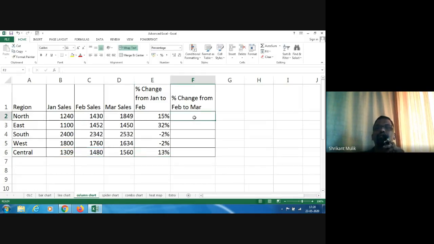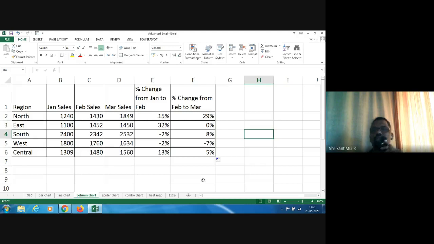Now you want to do the same thing here, from the March cells minus Feb cells divided by Feb cells. Should I type the formula here again? No, you don't need to do that. You can always drag this, right? And obviously after dragging, I would like to verify it. So again, I press F2. I see D2 minus C2, and the difference I have to put in brackets divided by C2. That is February sales, and I got it. So this is perfect. Again, I will drag this down, and my formulas are all set.